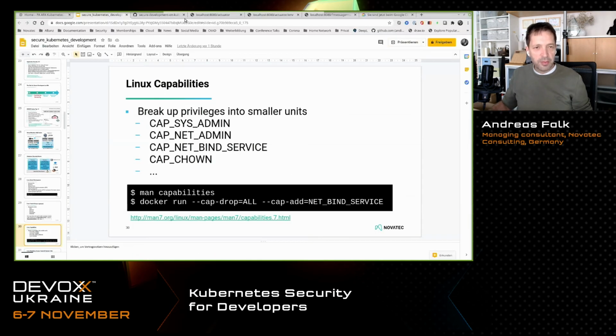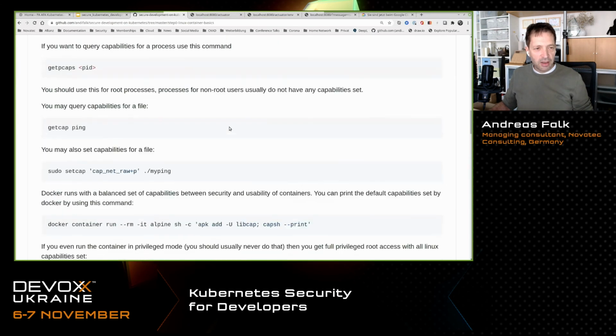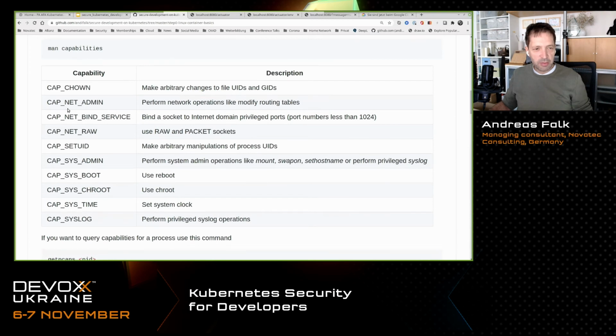I've also prepared some practical stuff on that. As you can see here, there are lots of capabilities available, like a capability to become the owner of some files. There's also cap net admin, to have admin rights on all network operations.